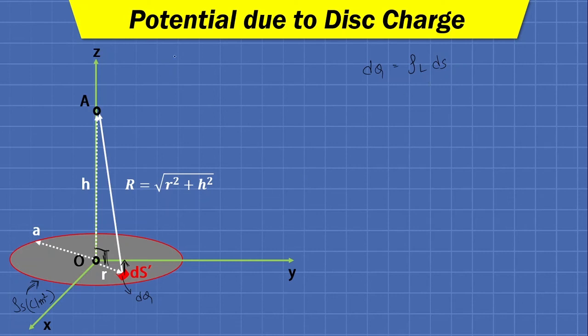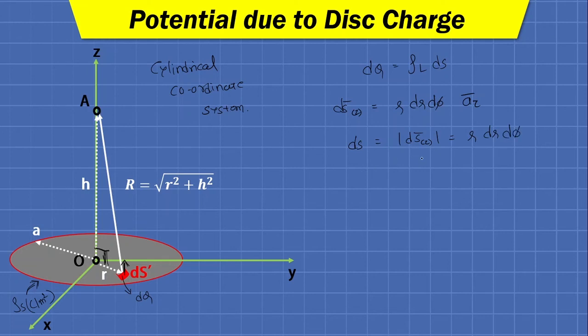So again, which coordinate system is useful for the derivation? Cylindrical coordinate system. And in the cylindrical coordinate system, the ds in the direction of z can be written as az bar into dr into r d phi. So r dr d phi will be the magnitude of this differential surface. So ds will be equal to magnitude of ds of z bar, which is r dr d phi.